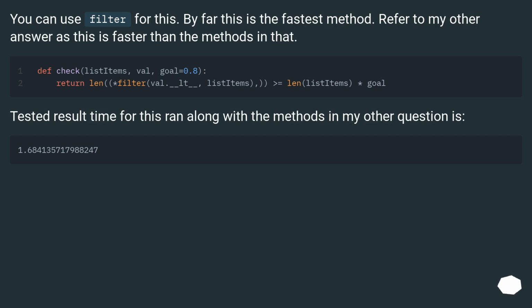You can use filter for this. By far this is the fastest method. Refer to my other answer as this is faster than the methods in that. Tested result time for this, run along with the methods in my other question, is